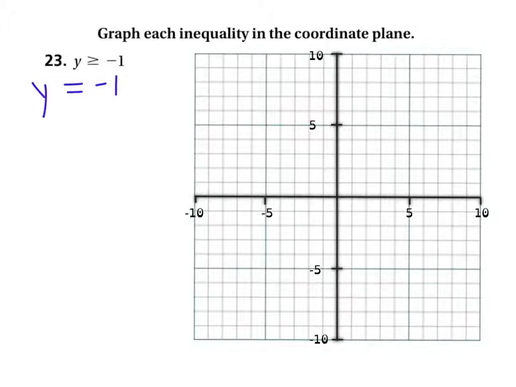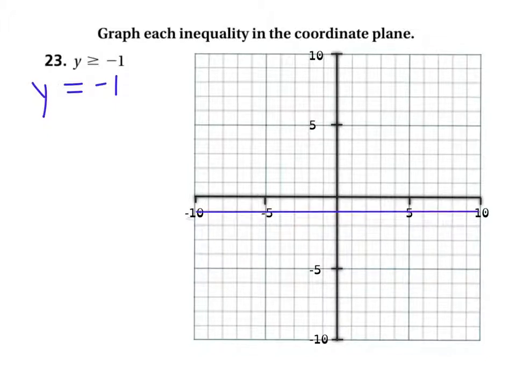We need to draw either a vertical line or a horizontal line going through whatever axis they're naming with the letter. So what are they naming? They're naming y here as the variable. So we need a line that goes through the y-axis at -1. And what does that look like? That looks like a horizontal line. Okay, so we're going to take my line tool and make a horizontal line at -1,